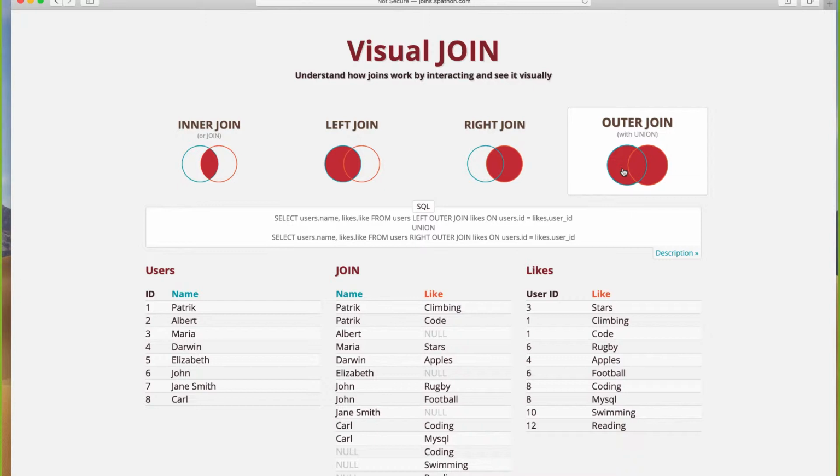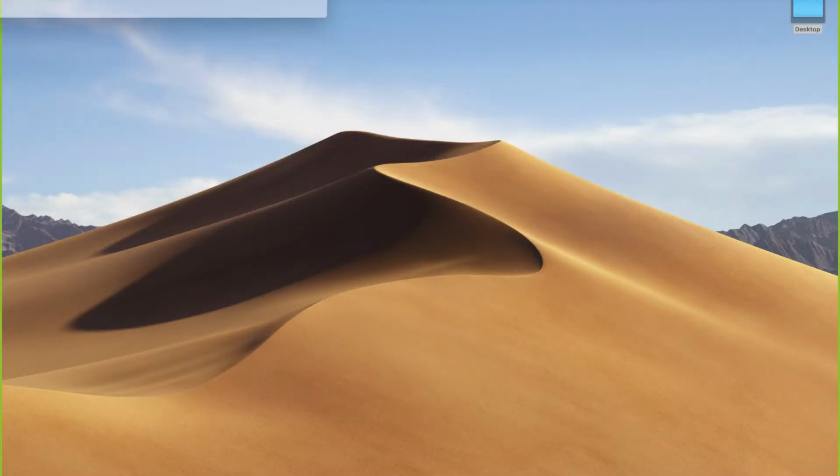Okay, if you have any questions, just hit me up in the comment and I will try to explain it again. Okay, now that we have a bit of a better understanding about the joins, let's move on and let's see if we can write some meaningful queries now from our sample database, and we can bring back some results